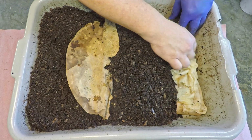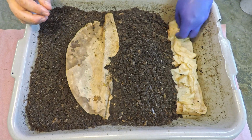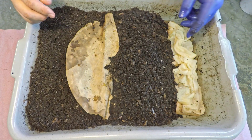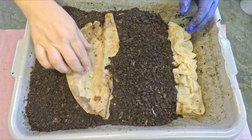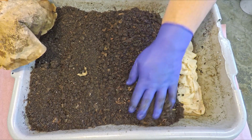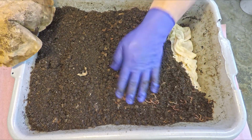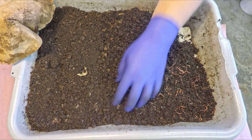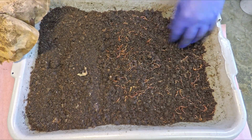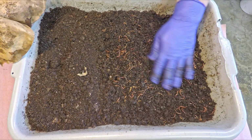So even though the newspaper jammed inside the tubes is dry, as the tubes are dry too, the tubes are now covered with fairly damp material, and even inside the tubes is some pretty damp material wrapped up in some paper. So I think that's it. We're just going to very lightly cover the feeding zone using some of this material that we excavated from over there, what had been the old feeding zone material, and